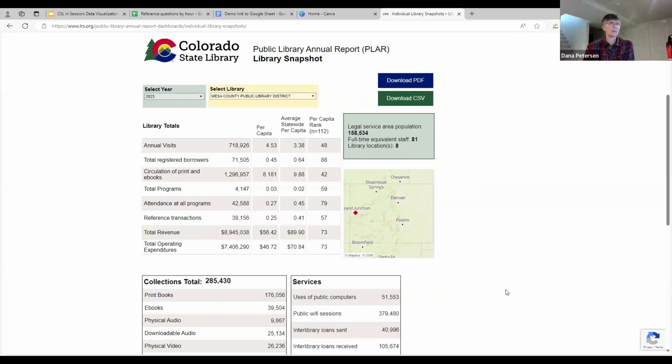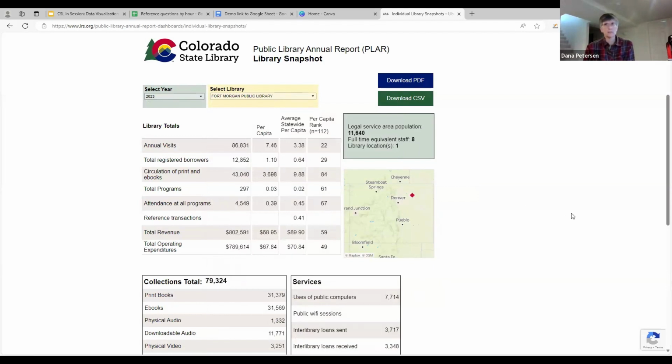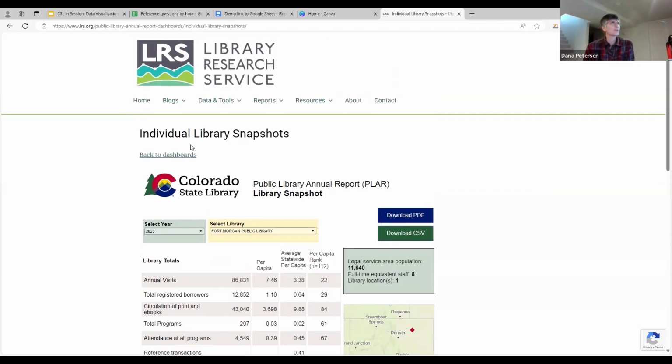What are the things that almost all libraries keep track of pretty well? So you can select your library and take a look at those stats, and it's kind of a rip and read. You can download a printable PDF of that, or you can download a CSV of that data and then go do your own analysis. So that's one of the dashboards.